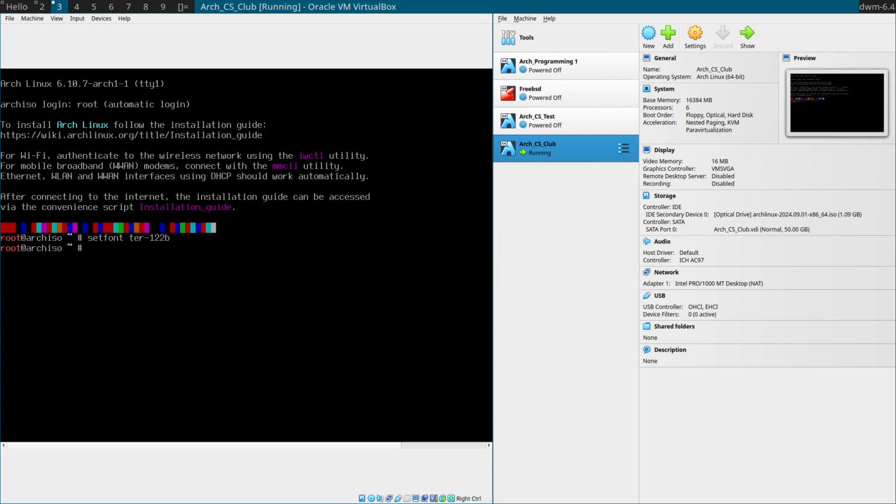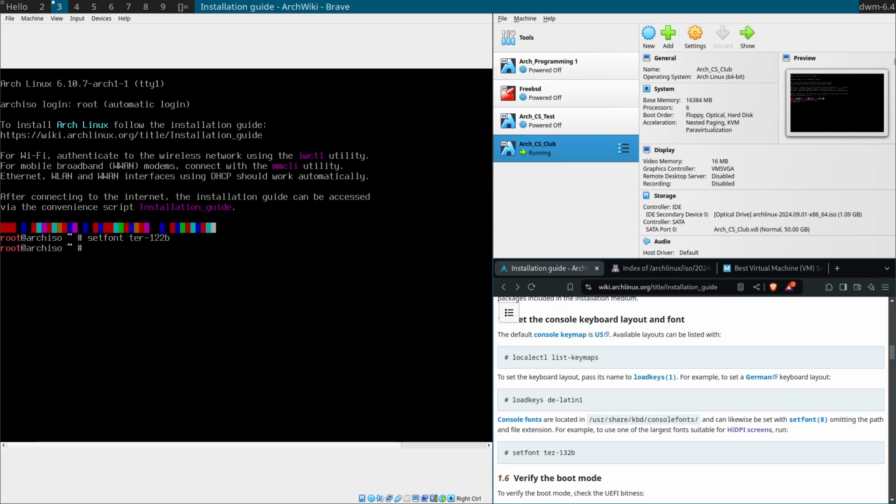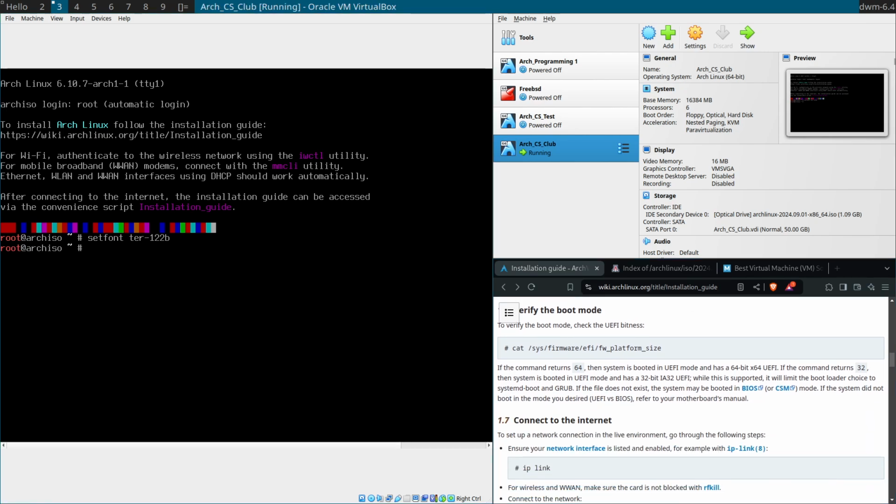So instead of full screening and exiting a whole bunch, I'm just going to keep it in this mode. And actually, let me put this over on the other page so that we can read the instructions while we're here. And let me see if I can minimize this. No, I can't right now, but that's fine. So let's go back here. So let's run this cat, and